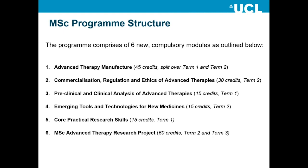Core practical research skills. So making sure that all students have, at the very least, a significant amount of practical research training, so they can culture and grow T cells, culture and grow stem cells, do the analytics, understand how to set up experiments and so on. And then finally, a 60 credit module,